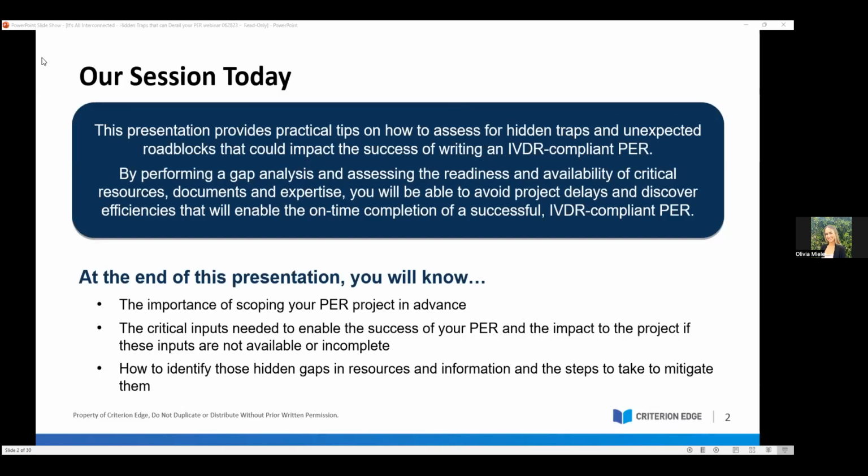This presentation today will provide practical tips on how to assess for hidden traps and unexpected roadblocks that could impact the success of writing an IVDR-compliant PER, or Performance Evaluation Report. By performing a gap analysis and assessing the readiness and availability of critical resources, documents, and expertise, you will be able to anticipate and even avoid project delays and discover efficiencies that will enable the on-time completion of a successful